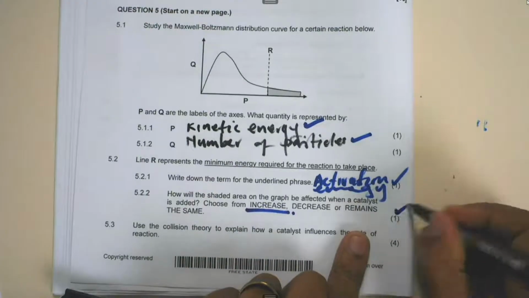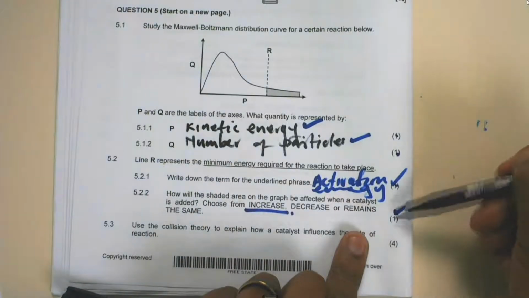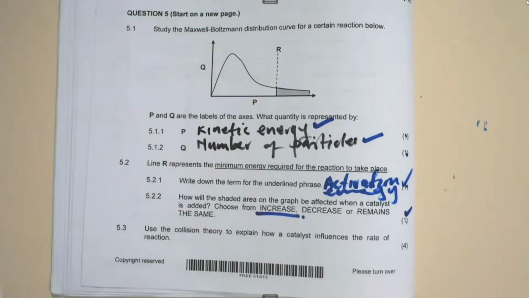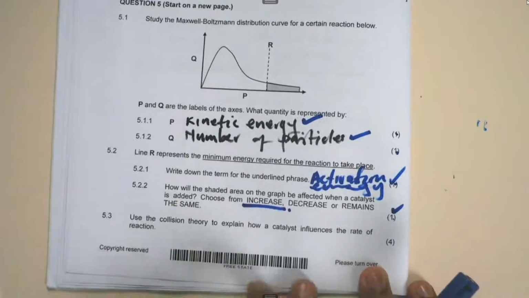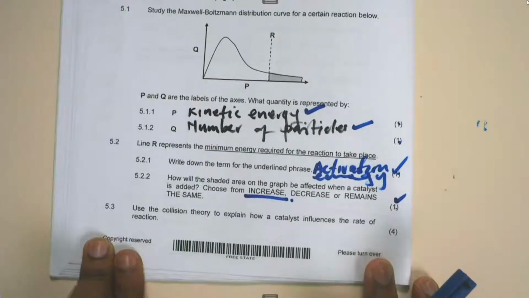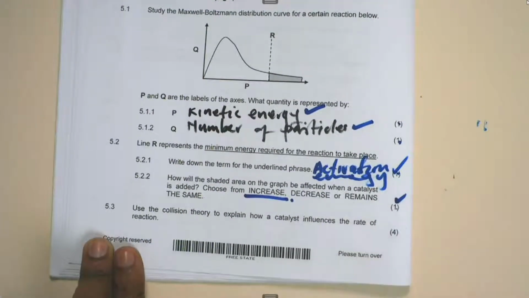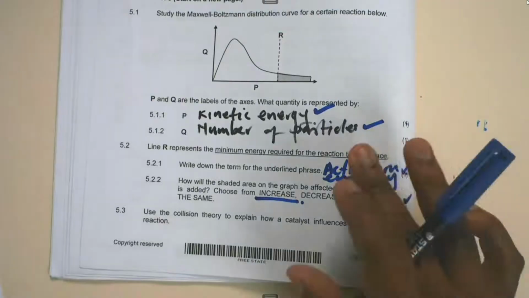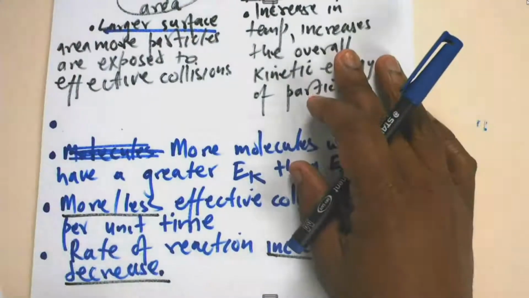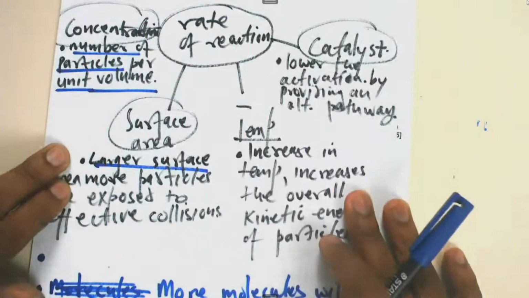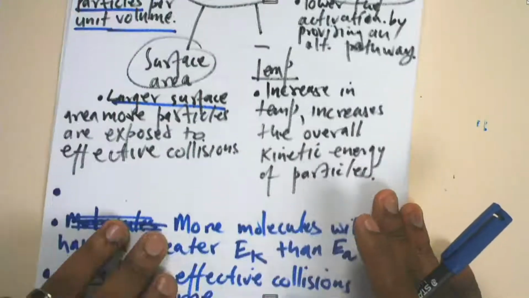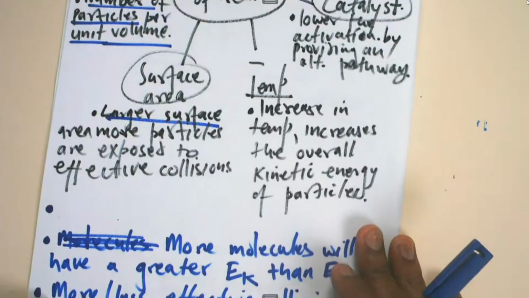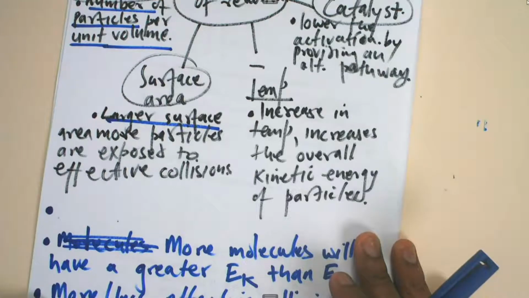So I've already got my 1, 2, 3, 4 on my way to 8 marks or 9 marks. So 5.3 is very clear: use the collision theory to explain how a catalyst influences the rate of reaction. Then I come back to this thought process that I came up with to say, but they are asking me about a catalyst, so